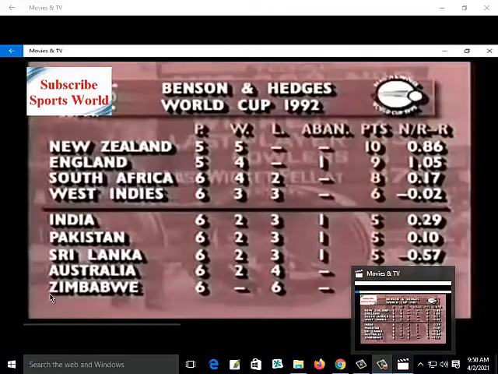A handsome win for Pakistan here, and this is the way the points table looks at the moment in the Benson & Hedges World Cup of 1992. The 4 top teams, New Zealand, England, South Africa and the West Indies, on 10, 9, 8 and 6 points respectively. And in the bottom division, India and Pakistan each on 5. So too Sri Lanka, and Australia languishing on 4, just above Zimbabwe on 0. Now coming up,